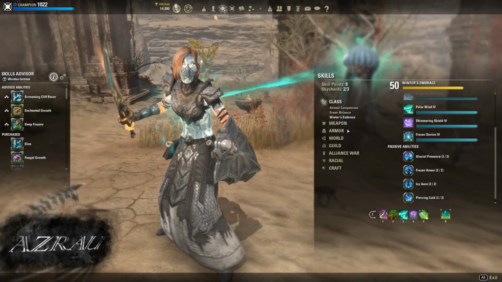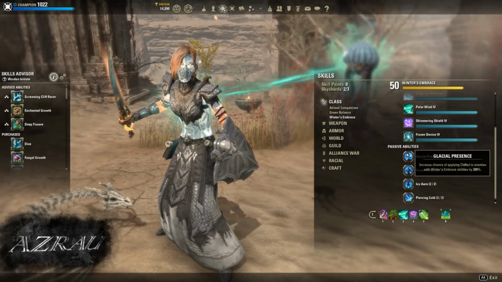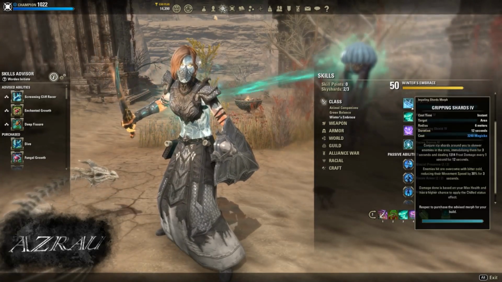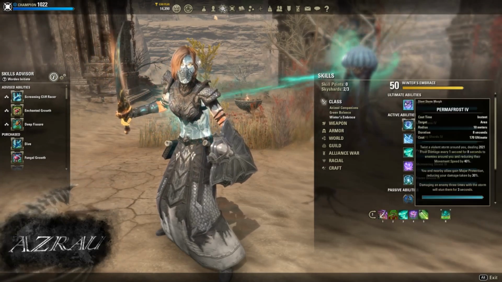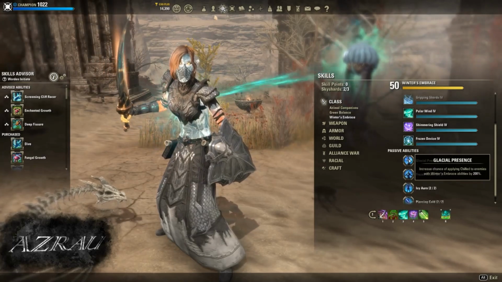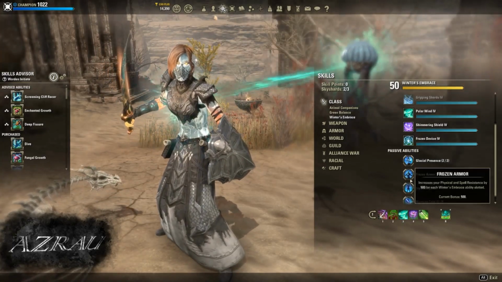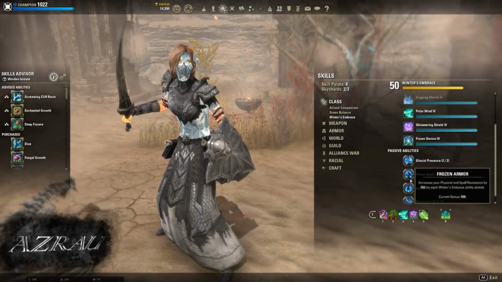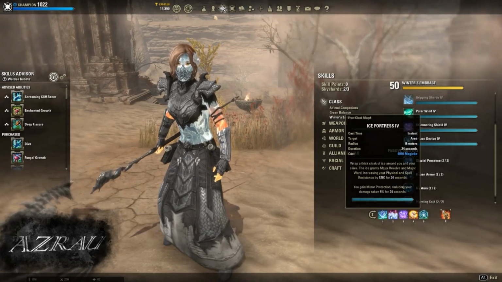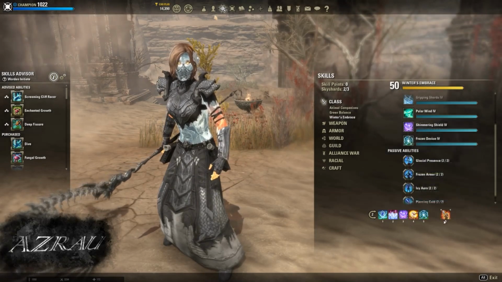Alright, last passives. Winter's Embrace. Increases your chance of applying the chilled status effect with Winter's Embrace abilities. So, Frozen Device, Gripping Shards, and Permafrost. More chilled means more minor maim, means less reason to run Heroic Slash. Frozen Armor, more resistances. On your front bar, you don't notice this much. But on your back bar, where you're running one, two, with Permafrost,